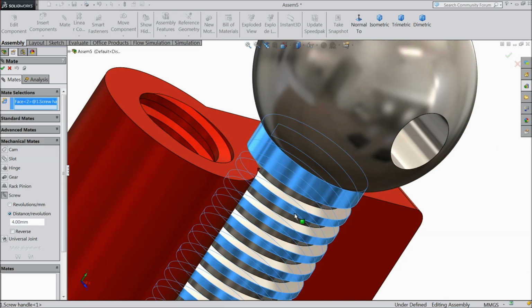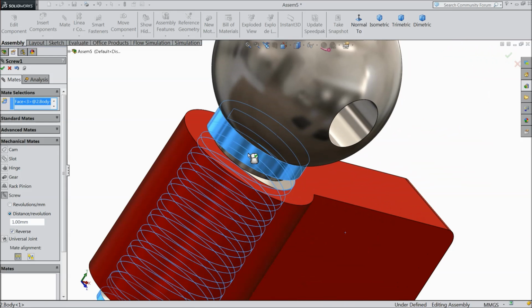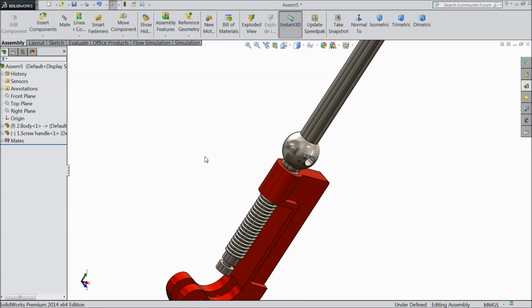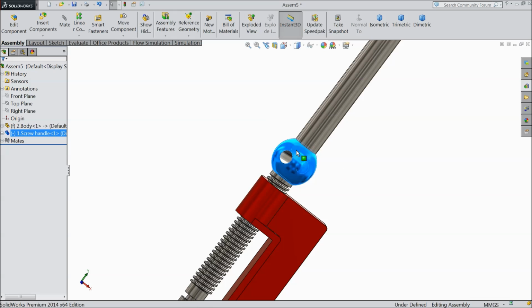Now first select this screw wall and select inside wall. Now see, make 4 mm. Okay. Okay. Now here screw relation created. Take it up little, so